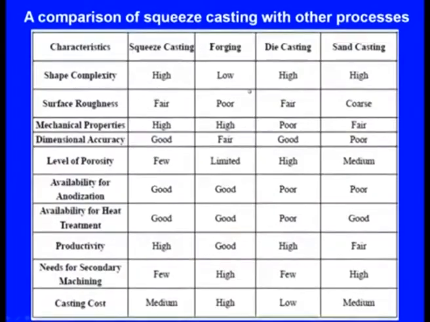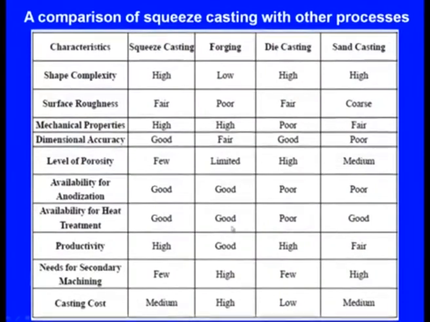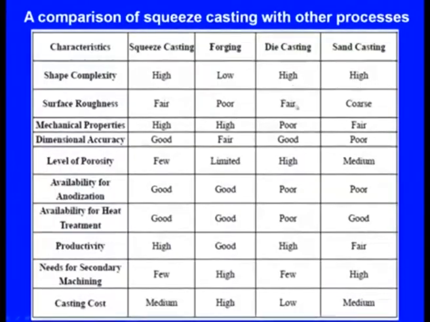But in the case of the forging, you see shape complexity low, surface roughness poor, mechanical properties high, dimensional accuracy fair, level of porosity limited, availability for anodization good, availability for heat treatment good, productivity good, needs for secondary machining very high and casting cost is very high, you can see here. And in the case of the die casting, shape complexity high, surface roughness fair, mechanical properties poor, dimensional accuracy good, level of porosity high, availability for anodization poor, availability for heat treatment poor, productivity high, needs for secondary machining few